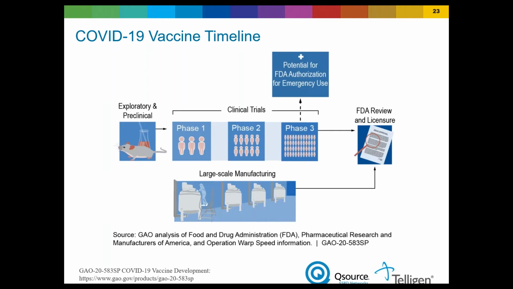Then we go through several phases of clinical trials. Phase 1 involves a small number of individuals who are healthy, just to demonstrate a proof of concept. Then we move on to phase 2, involving a bit more individuals to study the safety and efficacy of these vaccines. Then finally, we involve a large number of patients in phase 3 to further demonstrate the efficacy and safety of these vaccines. And typically, this can take many years.